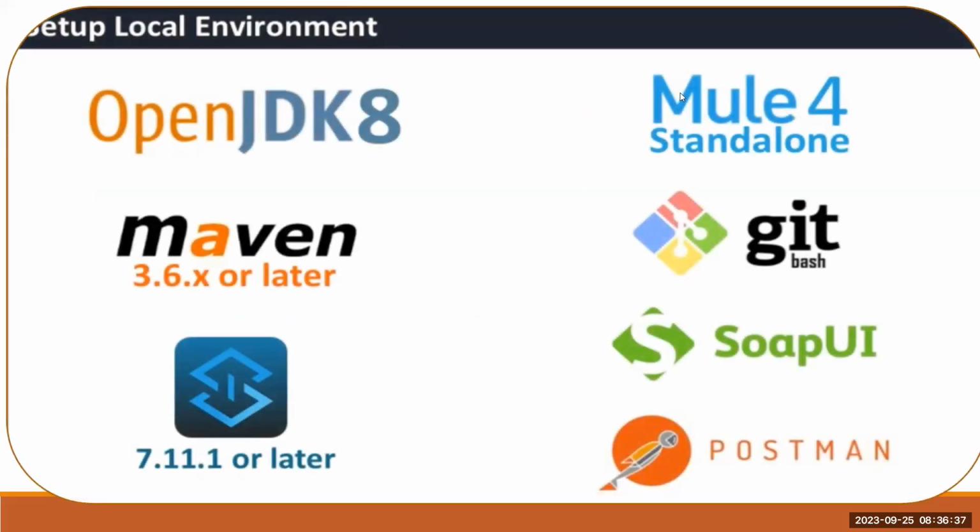Next, whatever I explained up to now, all the software, these are the pictorial representations. This is Anypoint Studio; this is what the icon looks like. If you want to install this, these two are mandatory: Java JDK and Maven. We need to install these two. And the Mule. I told you about Git and GitHub; this is the symbol for Git. And Postman I told you for testing purposes. SOAP UI is also one of the testing tools you can say.